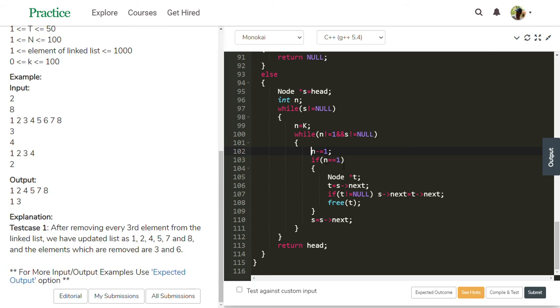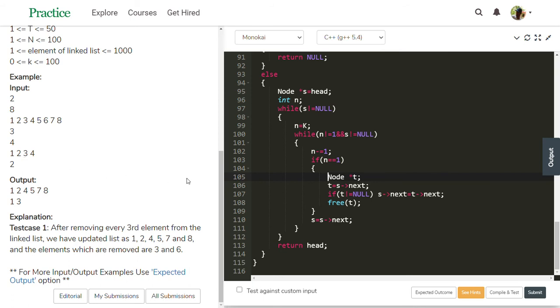If n equal to 1, it is true. This if block executes. One more temporary node, Node star t equal to s next. T moves to the second node, this 2. And if t not equal to null, t is also not null, because it is 2.